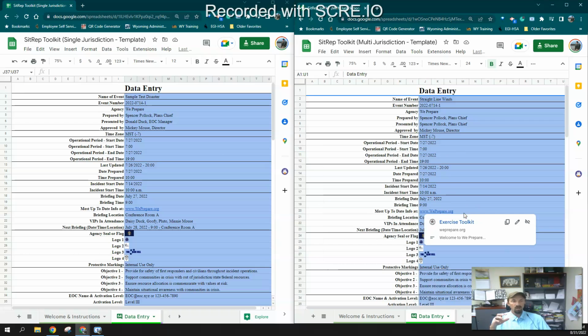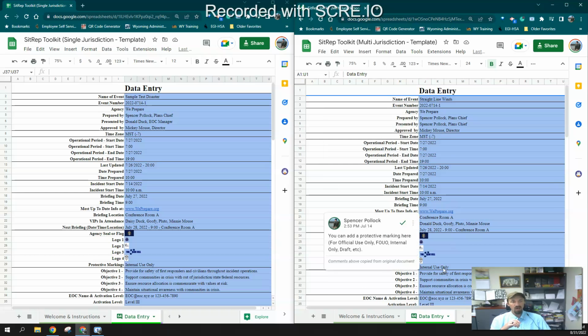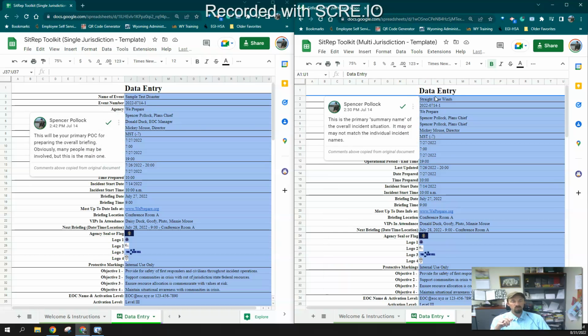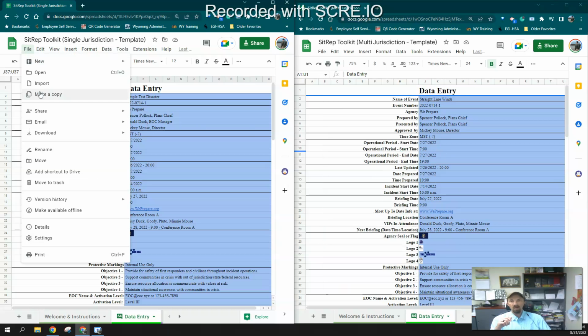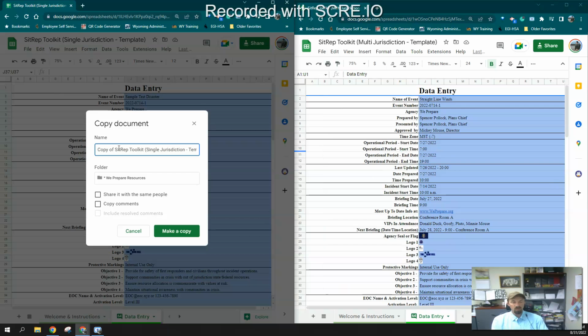If we were starting out on the other end, on a multi-jurisdictional event, and we wanted to help the locals out, what we could do is fill out our data entry tab on the multi-version, open up a template of the single jurisdiction version, copy and paste our data over into this one, and then again, file, make a copy, and call this whatever it happens to be. Let's just say